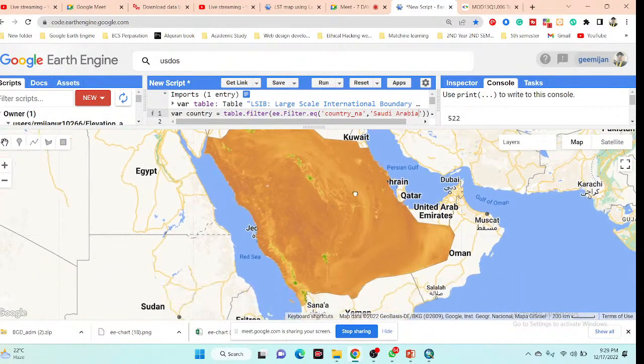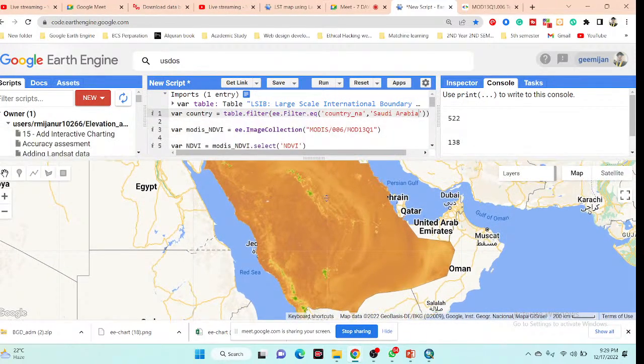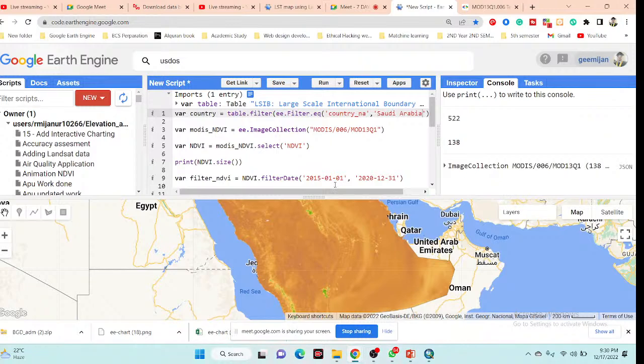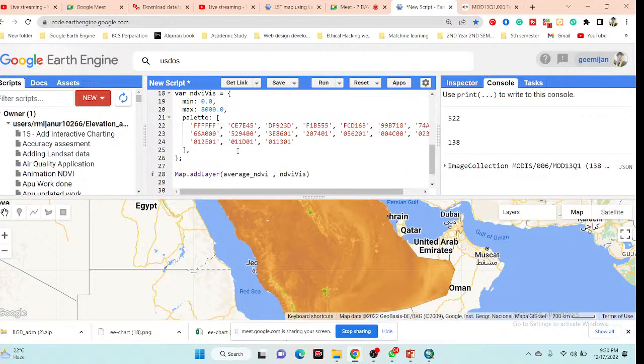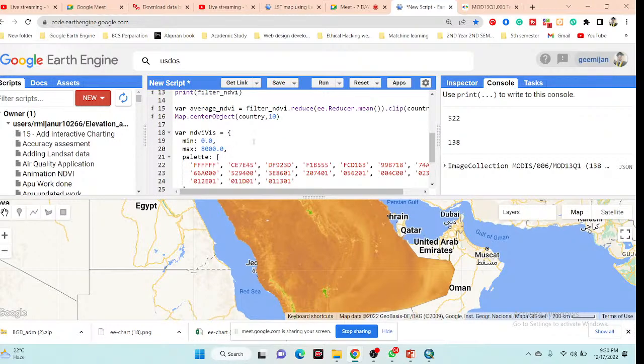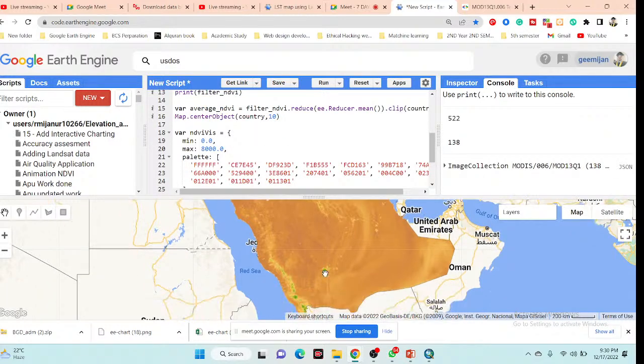Okay, so you can see this is the map. This map has a problem. The problem is the scale. You can see this time it's showing the mean value. If you want to check the NDVI condition of this place, simply click on the Inspector tab and click here. You can see you get the result